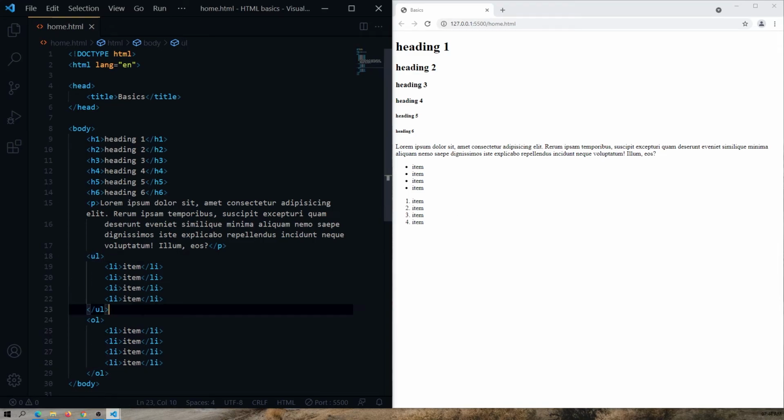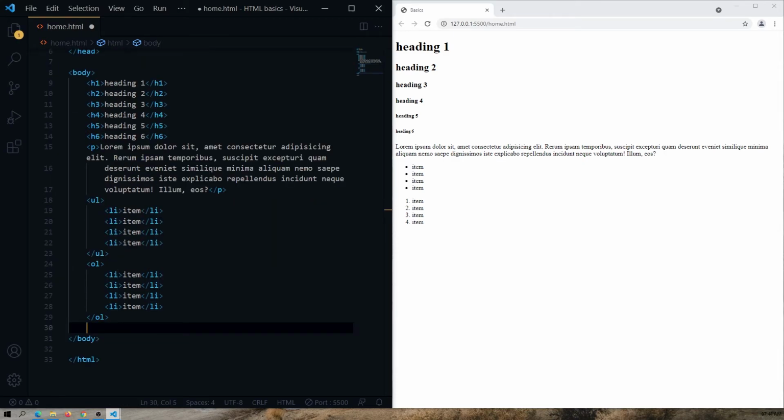The ul and ol are like item containers, and the actual item is written in li tag, and the anchor tag, represented by a tag, is to create the links which will take you to another page within the website or to an external page.